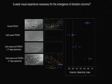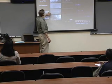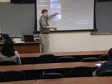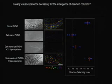Nice modulation. Here's what a dark reared animal looks like. I've already shown you this. This is what happens if you dark rear until postnatal day 45 and then give 3 weeks of experience. No recovery. And then finally, this is dark rearing until just before the time that this property normally emerges, and then 3 weeks of experience, and then you get the pattern. And this is just showing you this result for multiple animals. So the first part of this talk, what I hope...